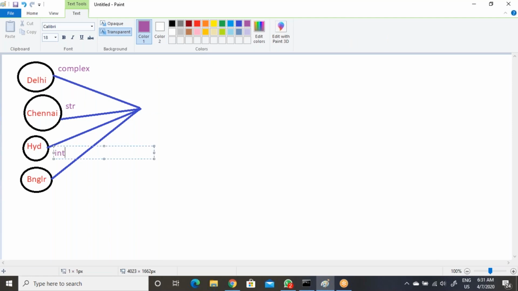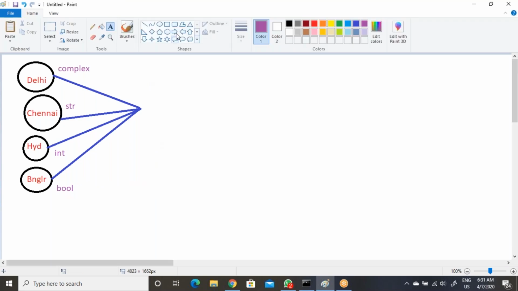Once you convert the data, after typecasting, you have the whole data in one single format. Then you can write the logic here. If you write the logic, then developers will not get any issues, because we cannot write one program for the Delhi location, one program for Chennai, one program for Hyderabad.